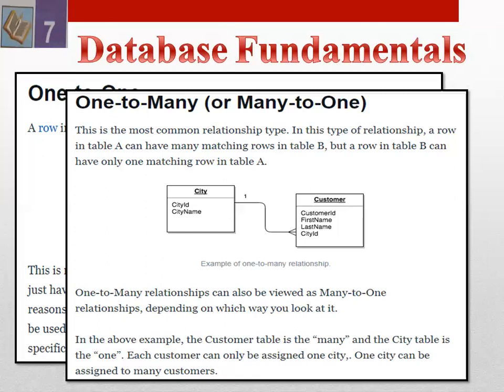So in one to many relationship, this type of relationship is used when for each instance in the first entity class, there can be many instances in the second entity class. And for each instance in the second entity class, there is only one instance in the first entity class. So we have some other examples, like college has many departments, and one organization has many employees. So this is the one to many relationship.